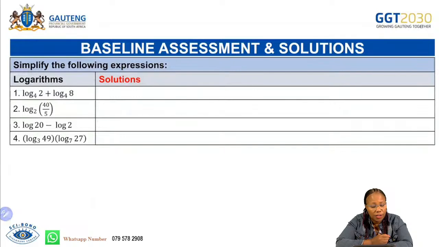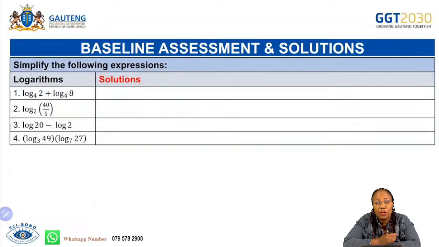Okay, grade 12, let's check now. With the logs, a base plays an important role. That is your key. Always look at the bases to direct you. Here we have base 4 for both of the logs given to you. And remember now, if you have the same base, you can write this as a single log